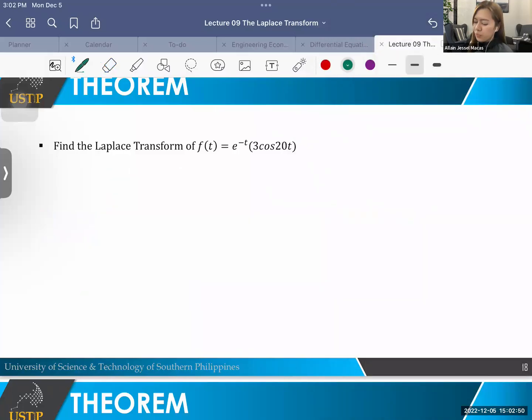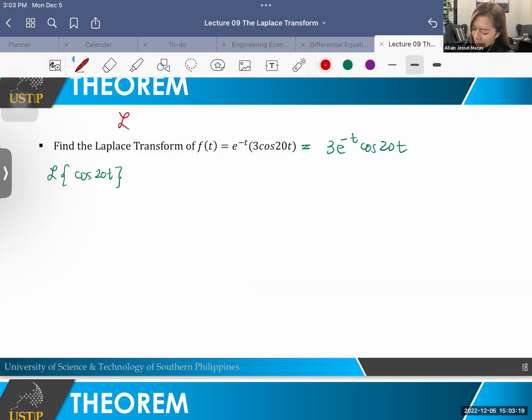Sige, i-rewrite na to ni Class, kay murag libog mo siya. That is just 3e to the negative t cosine 20t. Right? So, kabalo na ta, just by looking at this, naa siya exponential multiplied by another function. That means, gi-shift ni siya. So, dito ta mag-focus sa cosine. Okay? So, the Laplace of cosine 20t,